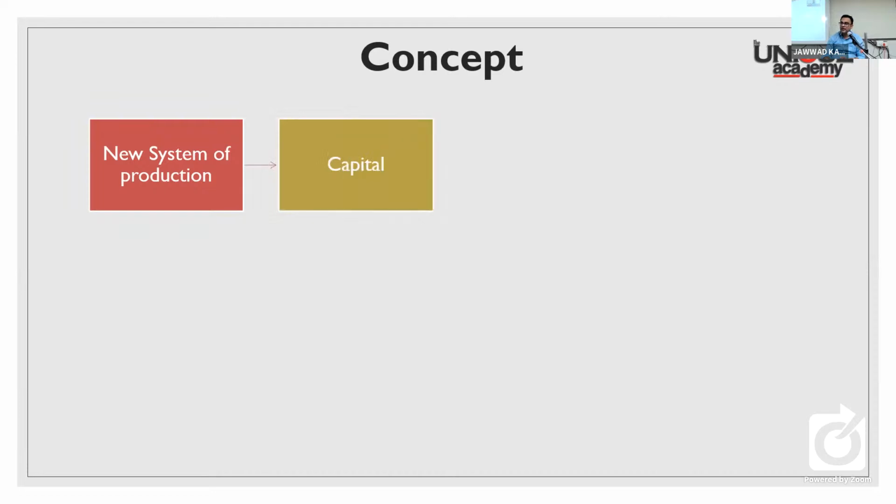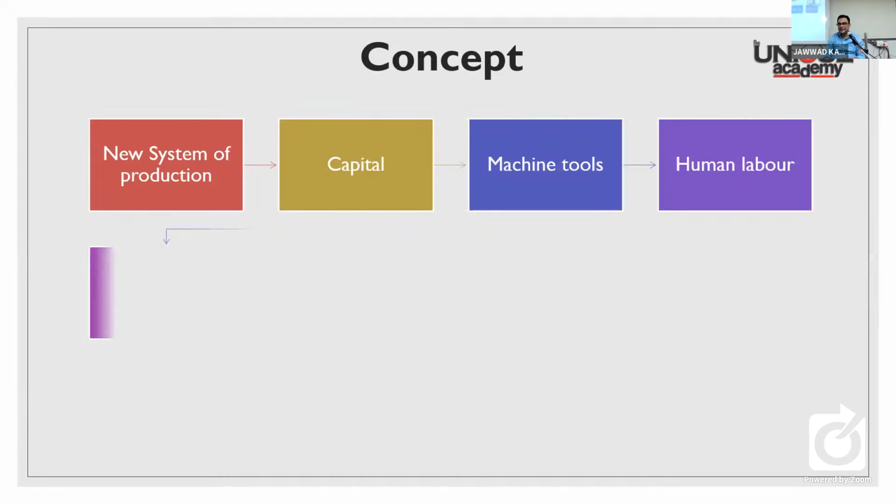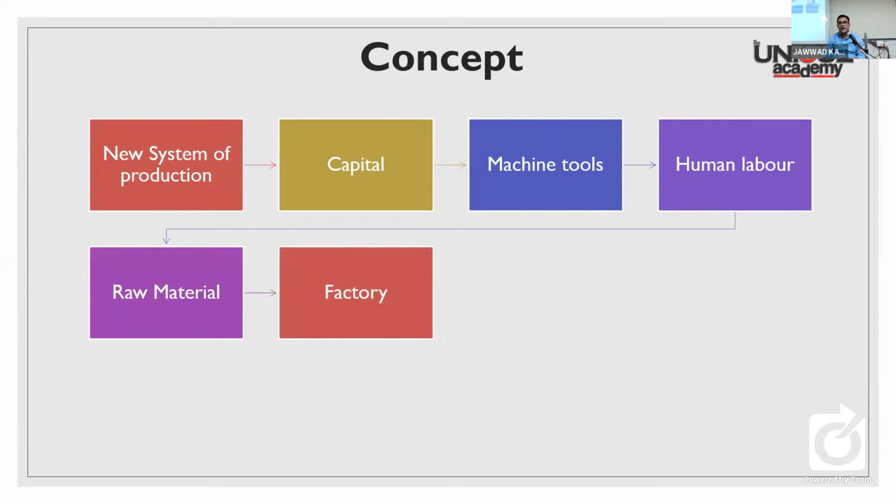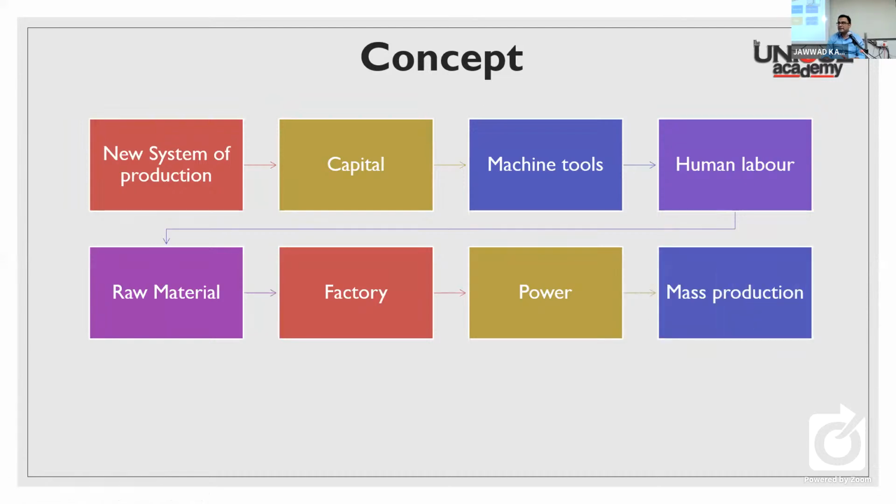ठीक है. In this new system, capital, भांडवल, machine tools, human labor, raw material are brought together in a single place called as factory. सभी लोग, सभी चीजें एक ही जगह पर, जिसको हम कहते हैं factory. This factory is connected with power. Using all of this, goods are produced on a mass scale in less